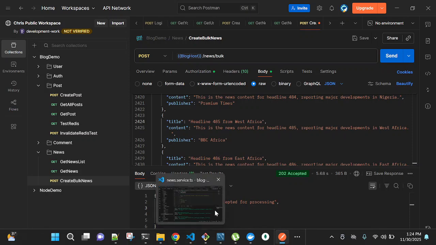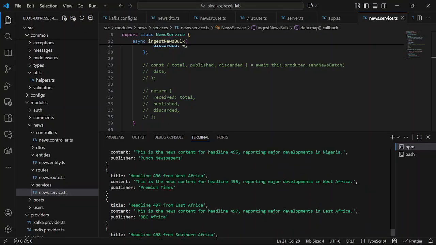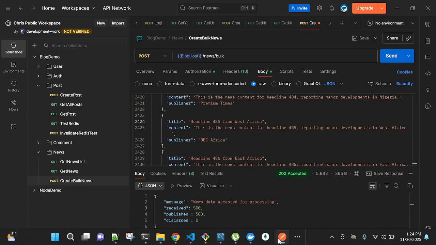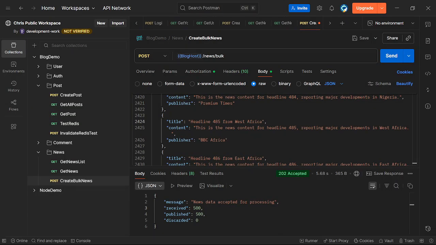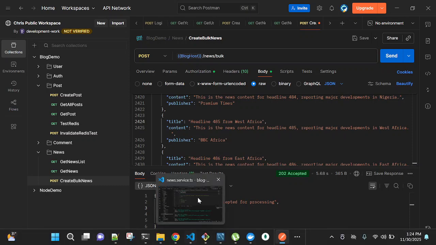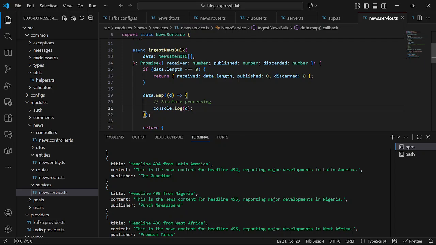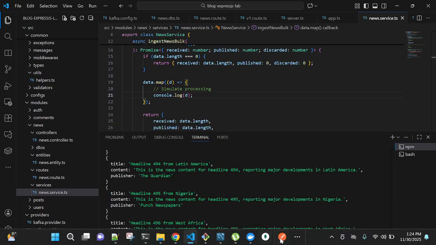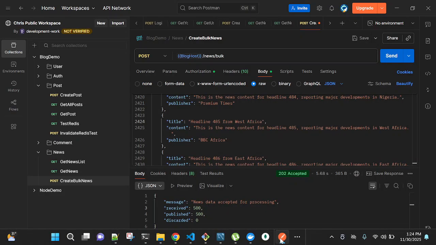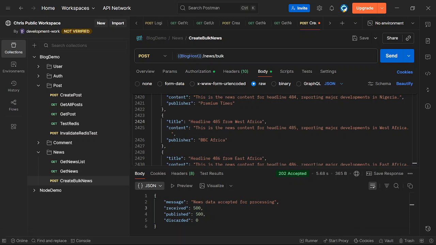Why it returned earlier than I expected is because we are not doing anything, we are just console logging. If you are storing to database, or probably calling another API, it's going to take a longer time for the request to return before the 500 jobs will be completed.